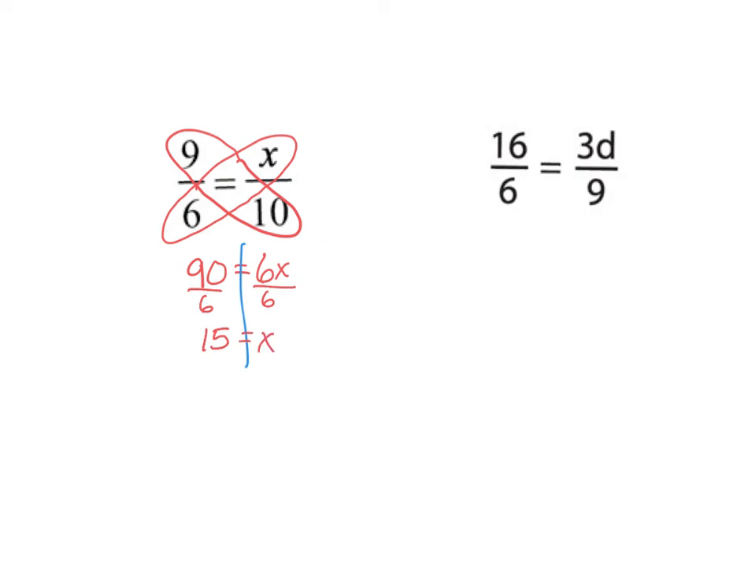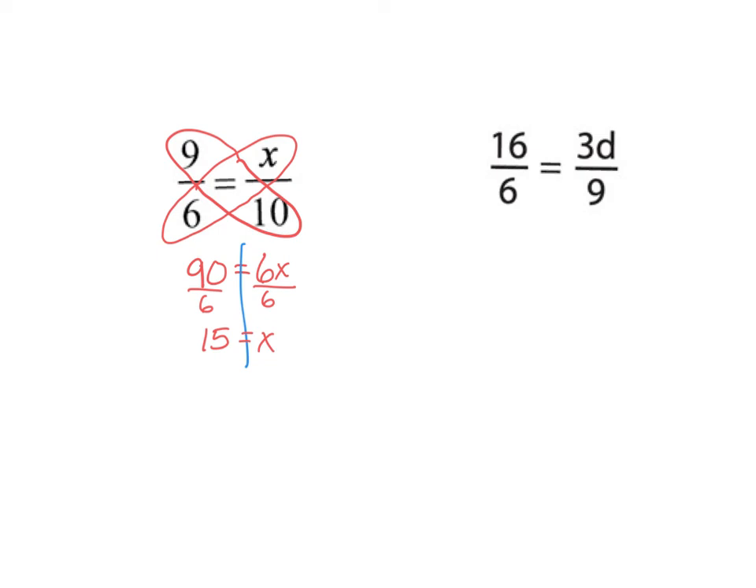So we were able to find the value of our x, which is right here, even though we couldn't turn 6 into 10 and figure out what happened here. We use cross multiplying to set up our equation and solve that equation. So let's do one more together. I'm going to go to the right here. I've got